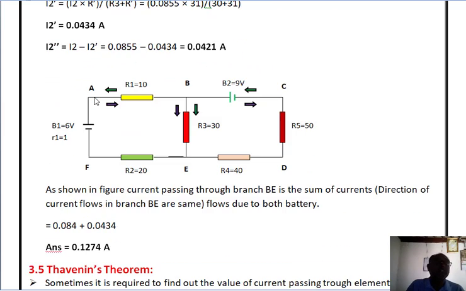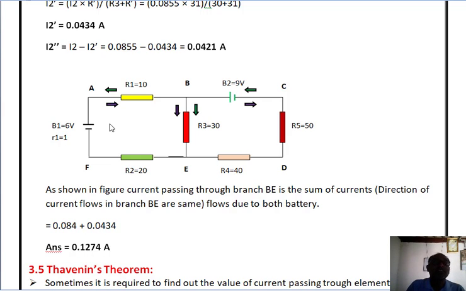Now we are interested in finding the actual value, when both batteries are present, of the current passing through this 30 ohm resistance. So here you can see that the current passing through this 6 volt battery is divided into two parts: some current passing through the branch, and the remaining current passing through this other one. Now similarly, the battery B2 is also present. That time this current is also flowing through the branch, as well as the remaining current passing through this other branch. So in the actual circuit,